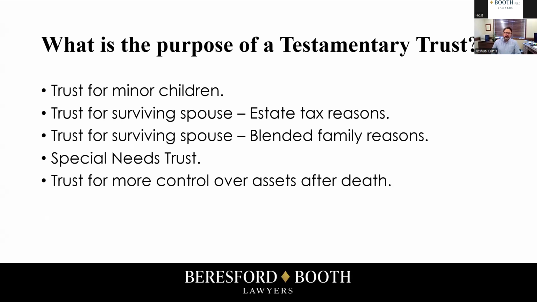And then the last one, at least in my examples here today, is that this, like any trust, gives you more control over your assets after you die. So typically in a will, it says I leave everything to my spouse. If my spouse has predeceased me, I leave everything equally to my kids. And that's just outright to the kids. Assuming that the kids are adults, they can take that money and spend it wisely, or they can take that money and not spend it wisely.